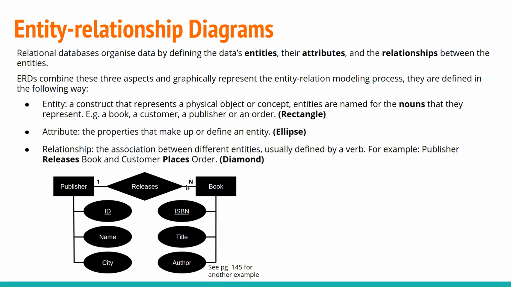What that means is the 1 means one and the N means many. Because there's N number, there's some number of books. That's what N is, the number of books. We don't know how many books there are, it's just N. So what this means is that one publisher